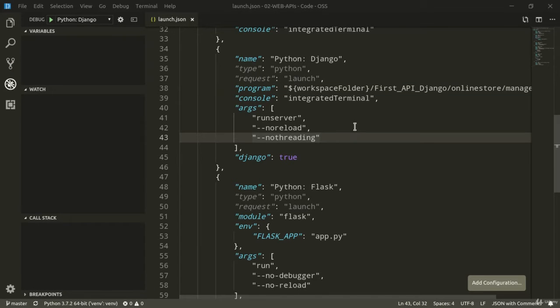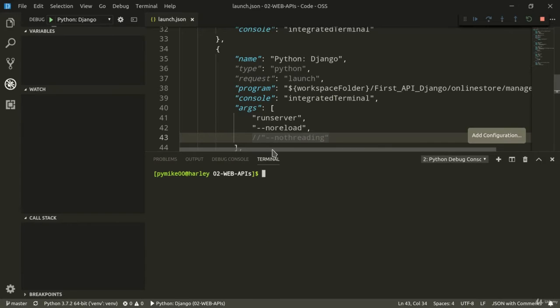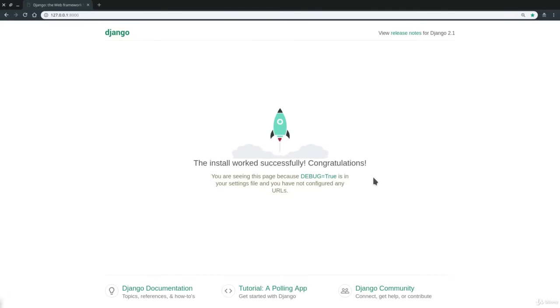And one last thing that you probably want to do if you're developing on Chrome, as we are, is to comment the noThreading option right here, which otherwise might slow down the development server. So let's give it a try. A new terminal is run. And here it is, our development server is running as expected. So let's stop it for now,